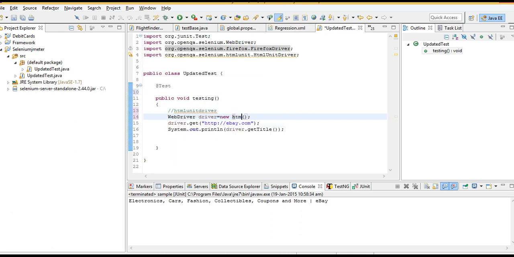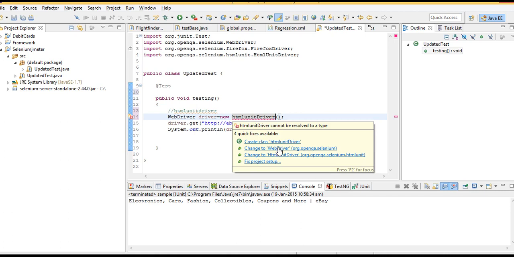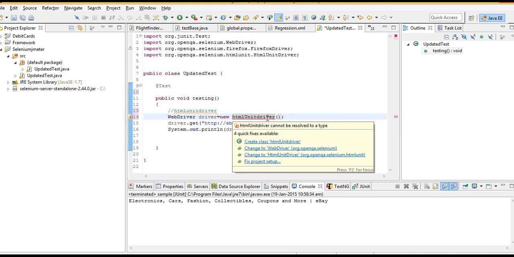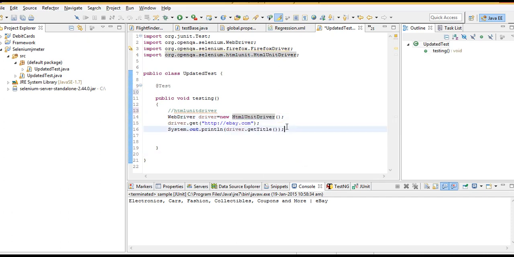So let's see how to run the HTML unit driver. Now I am removing Firefox, and I am selecting the HTML unit driver. This is the title I got printed with the help of Firefox.